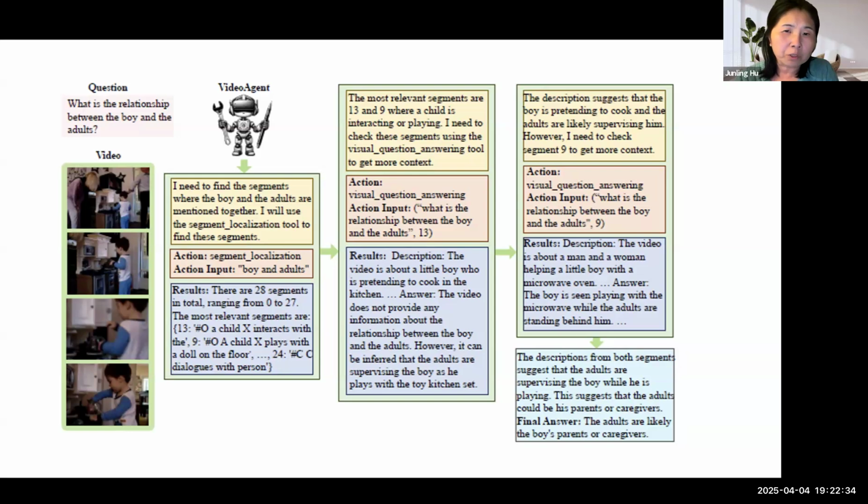After that, it calls a second tool to do visual question answering. So all this is a sequence of tools that are called to achieve the final goal of answering this question. So it's a step-by-step, self-guided answering.